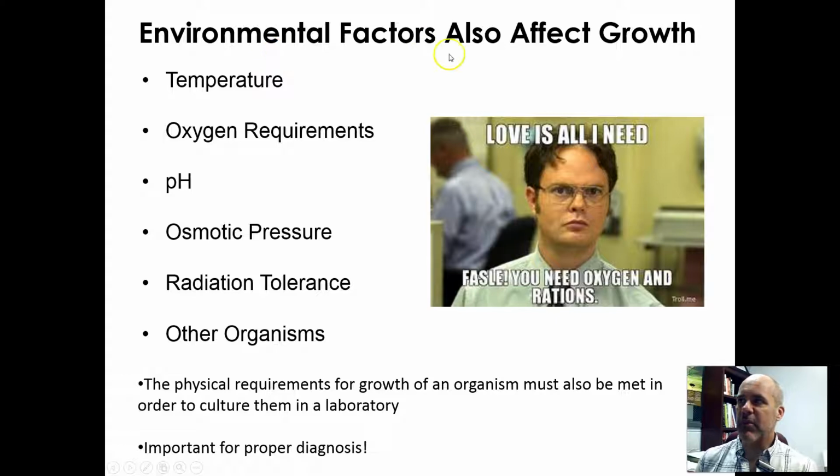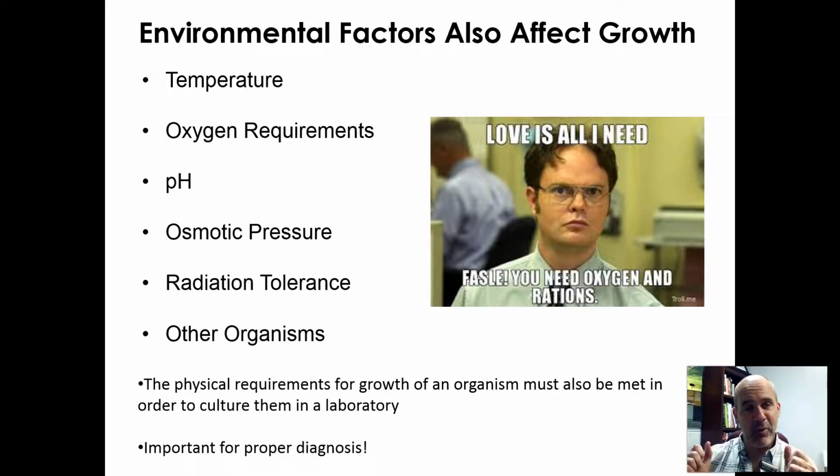So what are some of these environmental factors that will impact the growth of microorganisms? Temperature will be one thing we'll take a look at. Oxygen requirements. Not all microorganisms require oxygen for survival, and in fact, for many microorganisms, oxygen is actually toxic, as we'll see, believe it or not. pH: are you adapted to acidic pHs, neutral pHs, or alkaline? Osmotic pressure, so that gets into solute concentrations and what kind of fluids are isotonic, hypertonic, or hypotonic for you, because that's going to influence the movement of water across your cell membrane.